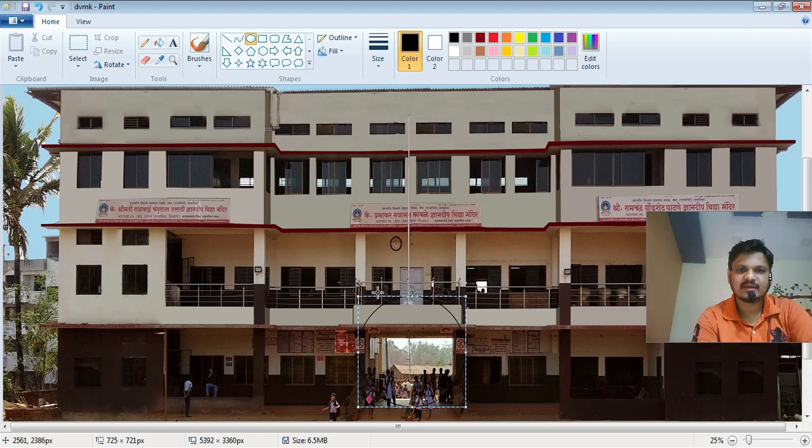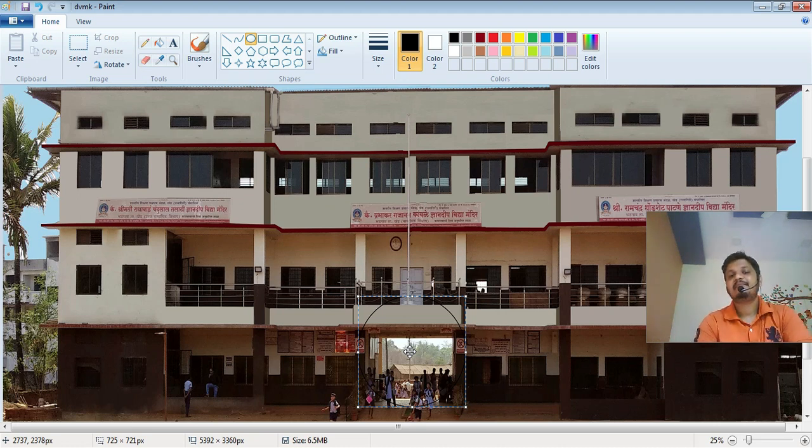If I draw this circle on a particular area, note down the values that the status bar displays. When I move the cursor it shows dynamic values, and if I hold in a specific area, it displays fixed values like 2737 comma 2378.